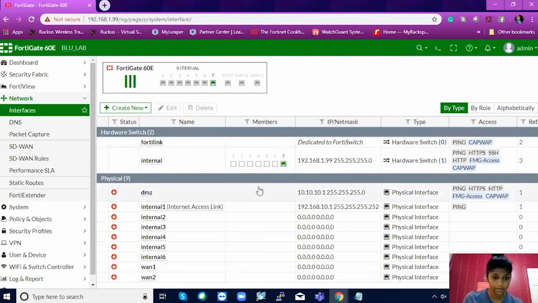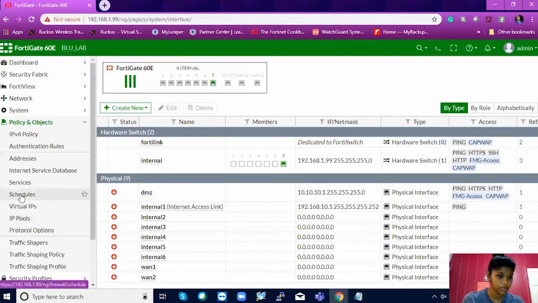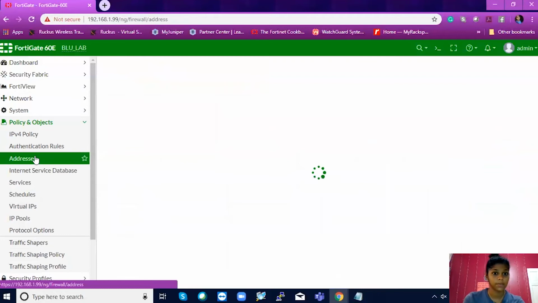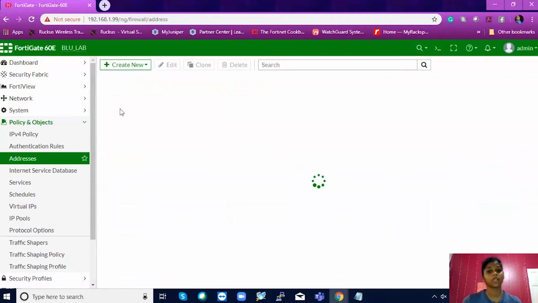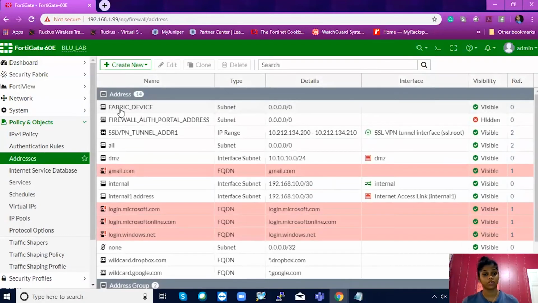Right, so this is the first thing done. So our internet, which is 1.1, we would use 1.1, is already set up on DHCP. We aren't going to change that for now, and then we have our internal. The next thing we need to do is create our addresses. So we go under policy and objects, addresses. So what I'll do, I'll create the addresses and then create an address group so that when we're referencing it